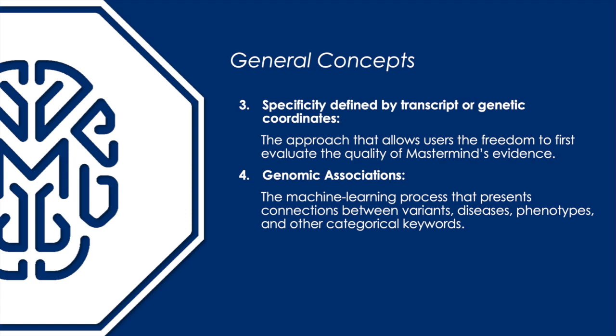The last core general concept that shapes how Mastermind presents information is genomic associations. Mastermind uses machine learning to discover genomic associations that are supported by literature and computational evidence. This is how a user can discover novel connections between variants, diseases, therapies, and any other pertinent keyword or keywords. You can use these categories as association filters, which makes it possible to explore innovations with precision right down to